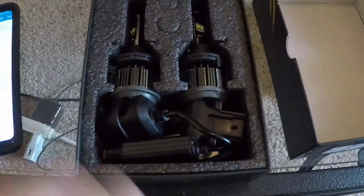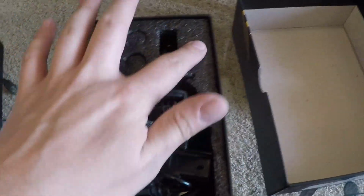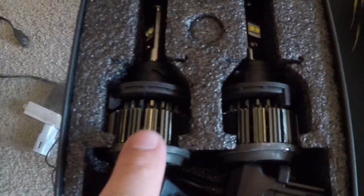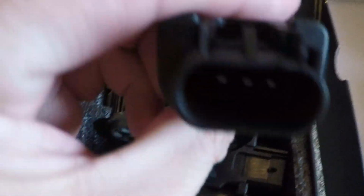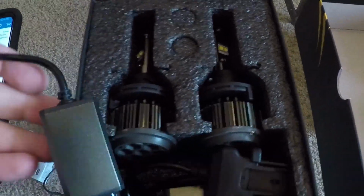So when you get the box and you open it up for the first time, it is a really nice box. It's very well padded. You can see you've got the lights right there. They come with the fans for the heat sinks to keep them cool, because they will run hot. They all do. It's just the nature of the beast with these. And they plug into the factory harness, so there's no wiring involved. And they do come with